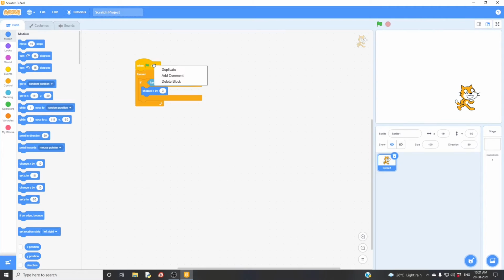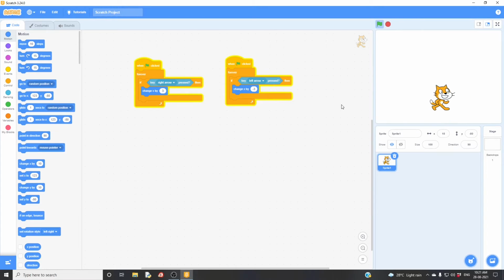Let's duplicate it and go for left arrow and change x by -3. So it will move in the opposite direction. It comes backward, but what my sprite has to do is turn.